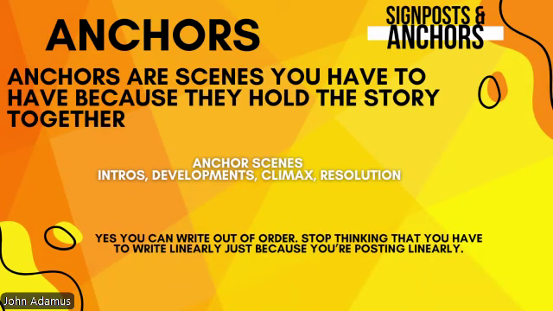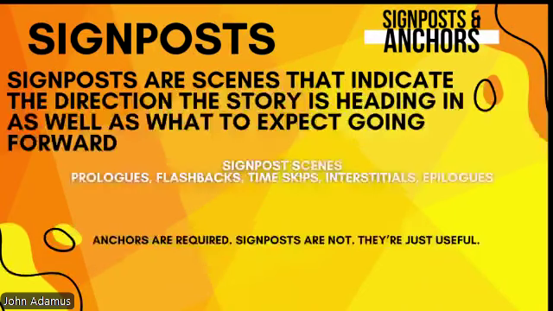But it can't just be anchors, right? There has to be this extra layer to it. So we have signposts. Signposts are scenes that give us a trajectory, that point us in a way. Hey, go this way. The story's going this way if you're looking for this thing. Just like a sign on a road tells us how far from a destination we are. And signposts are any indicator of a possible vector or trajectory for story.